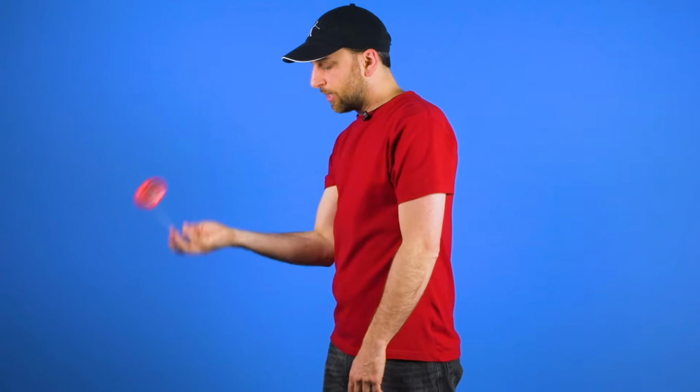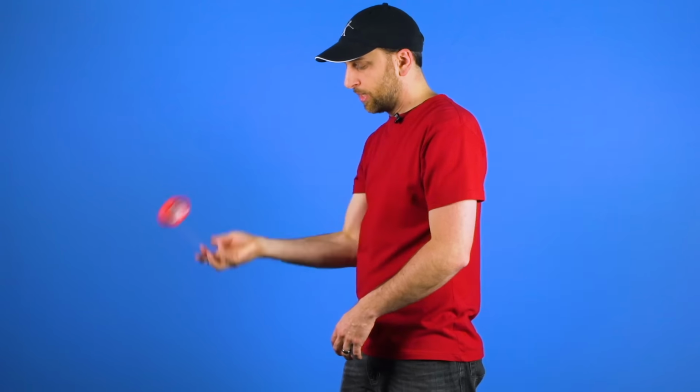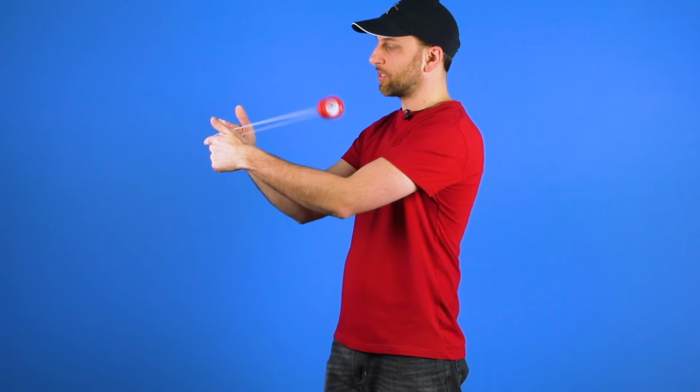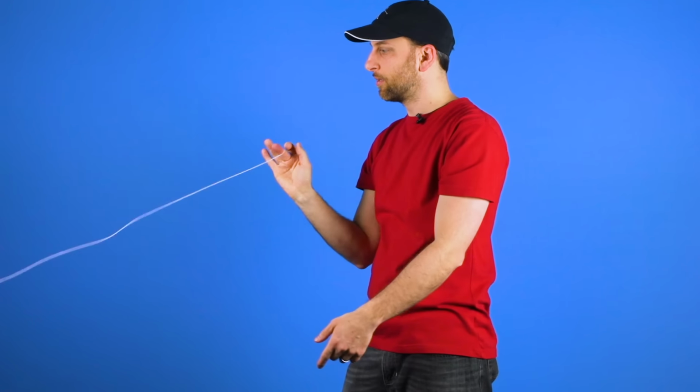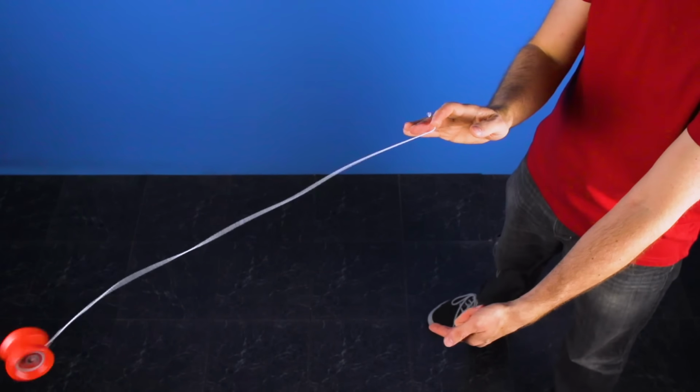Now, one thing that you can do, and this is more old school, this is the way they used to teach the trick when yo-yos were made out of wood, and you can still do it if you've got a responsive yo-yo. As the yo-yo is dismounting in this way, you can see that it goes right in front of you. So when you pull it back, you can actually loop the yo-yo right out. It adds a little bit more flair to the trick, and it's just a fun thing to do if you've got a responsive yo-yo. You just use that same motion of the yo-yo, bring it back, and toss it right back out. Of course, you won't be able to do the loop at the end of the trick if you have an